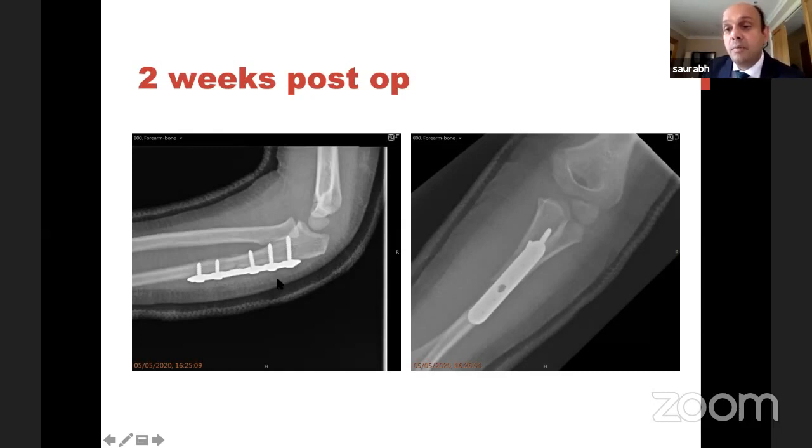Okay, so that's the only take-home message: the anatomy of the proximal ulna, the PUDA. When you put a plate, you need to be aware that it's not a straight bone. And in this case, for example, if the radial head had not come back, then I would still use the posterior approach, like a Boyd type approach, to reduce the radial head. I've got 1 or 2 pictures I'll show you in the next couple of slides.